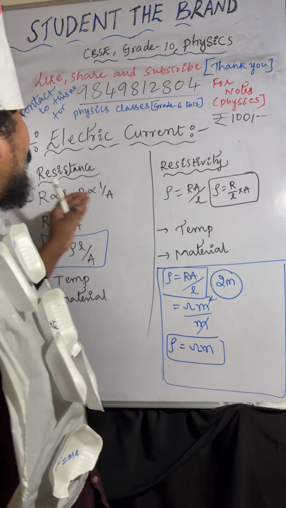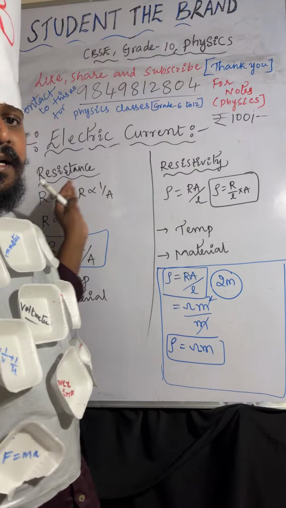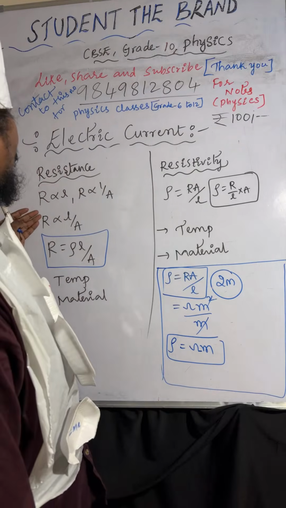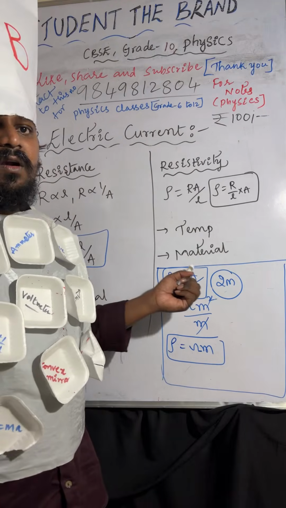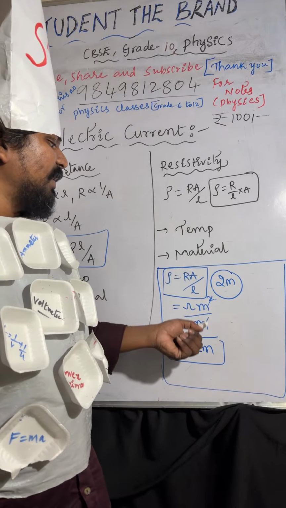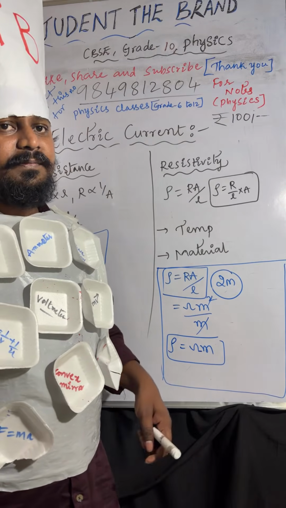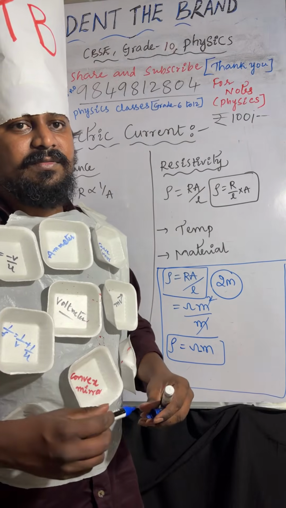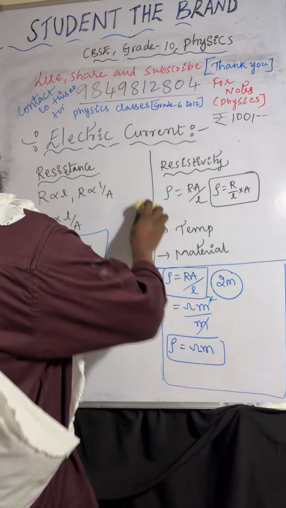Derivation, you have to start from this onwards. R is directly proportional to L, R is inversely proportional to area of cross section, so R equal to rho into L by A, rho equal to RA by L. Then ohm meter square by meter, meter gets cancelled, then rho equal to ohm meter. Okay, so this is the answer. Resistance and resistivity, right? Next, so we'll discuss about